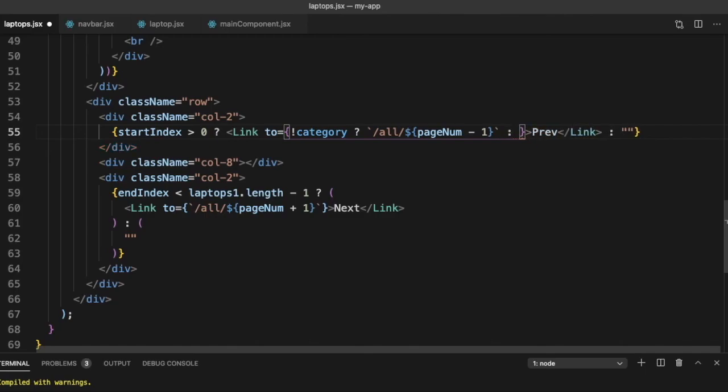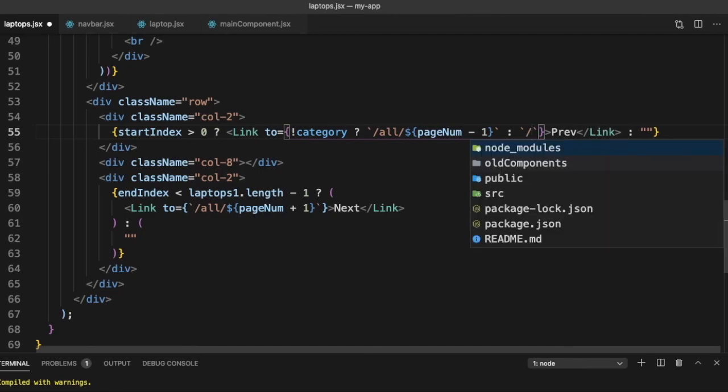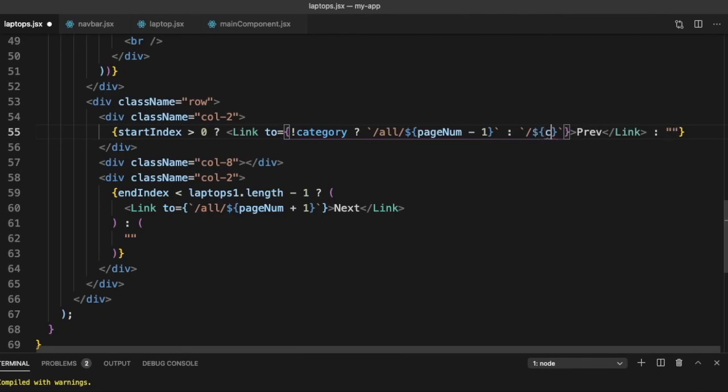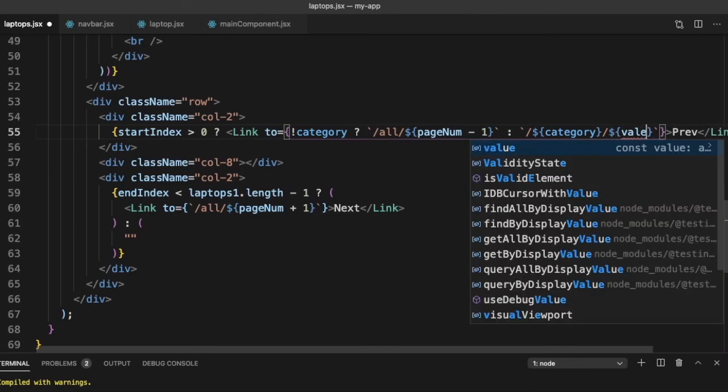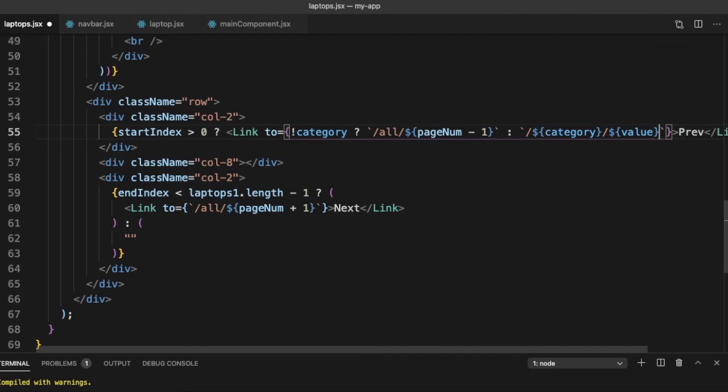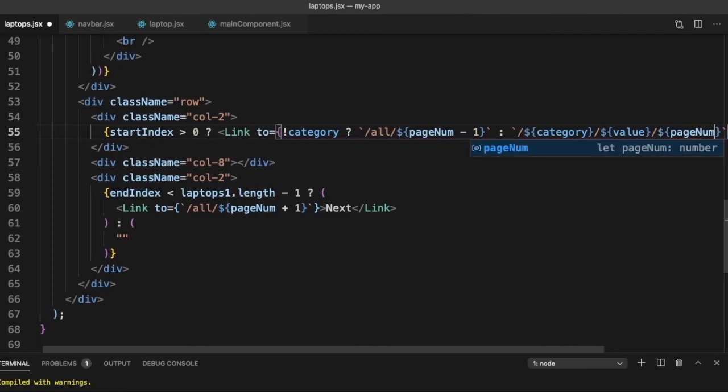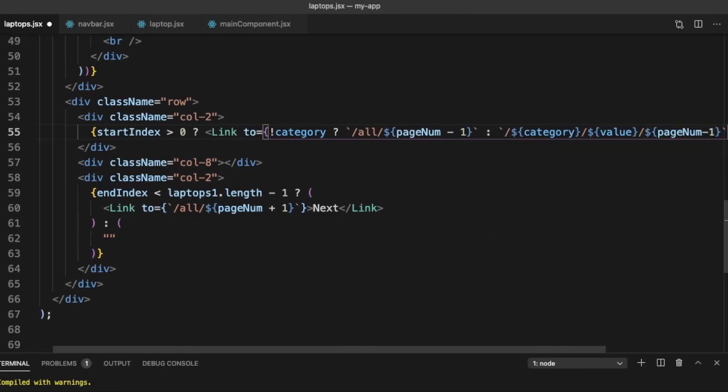It should be, we need the category slash then the value slash and the same thing, page num minus 1.